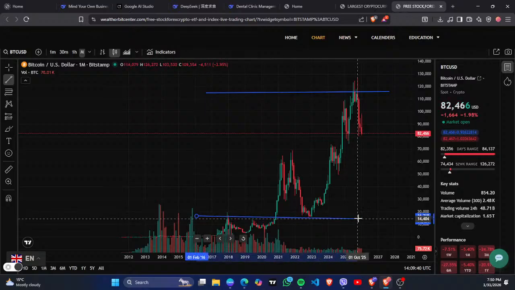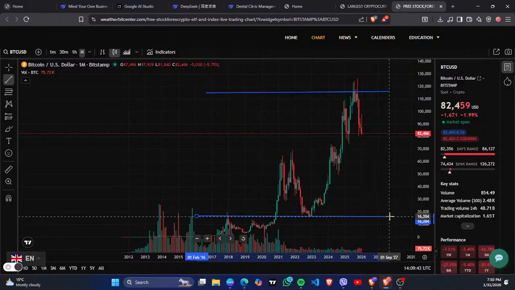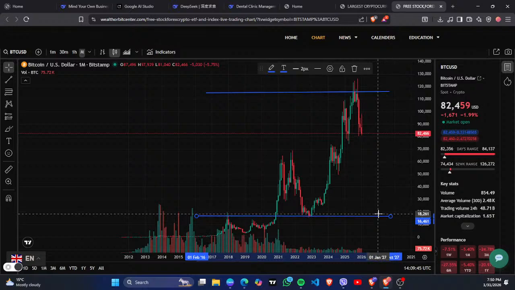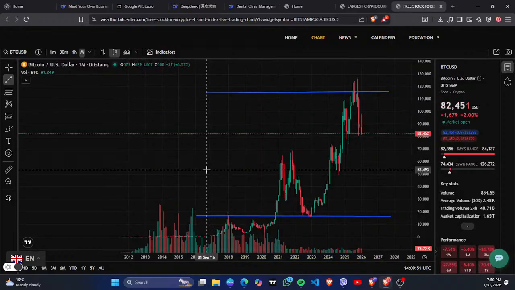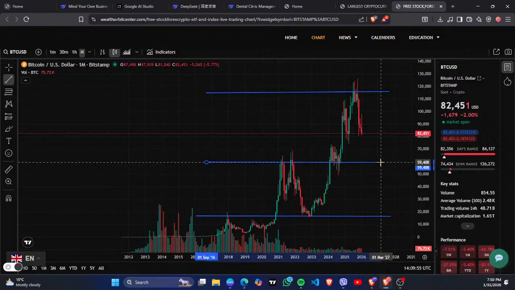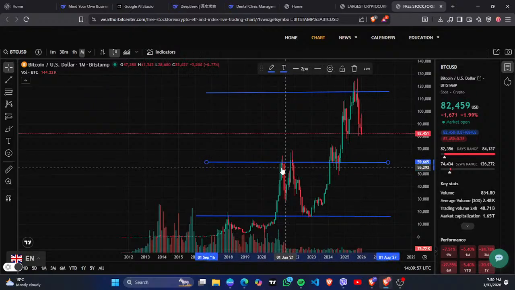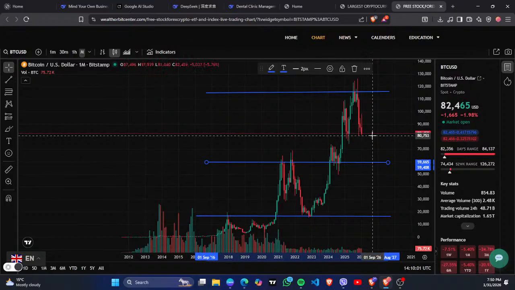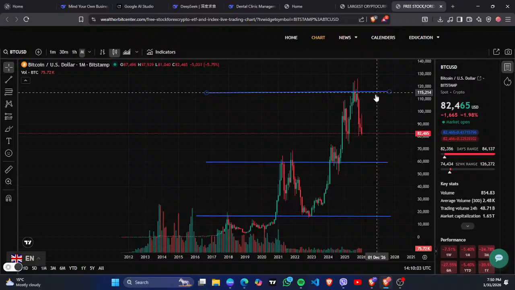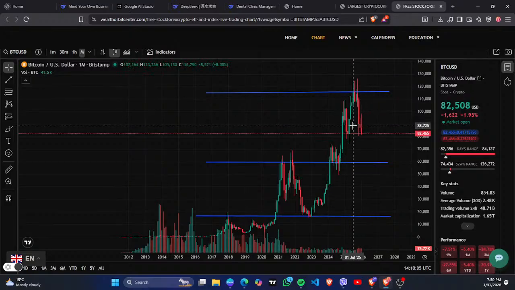Okay, I remember this time when Bitcoin used to be here, but at that time I did not have much knowledge, but I used to see this price and chart. Okay, and now on this page also you can see it here. It will be support. Resistance means moving in the downward direction, and support means moving in the upward direction.